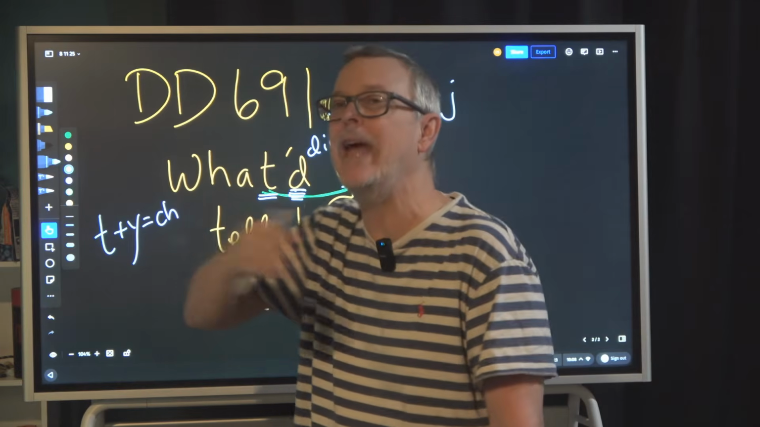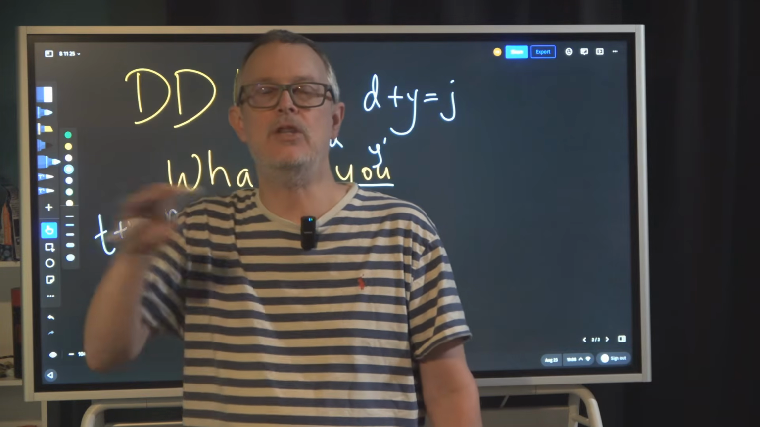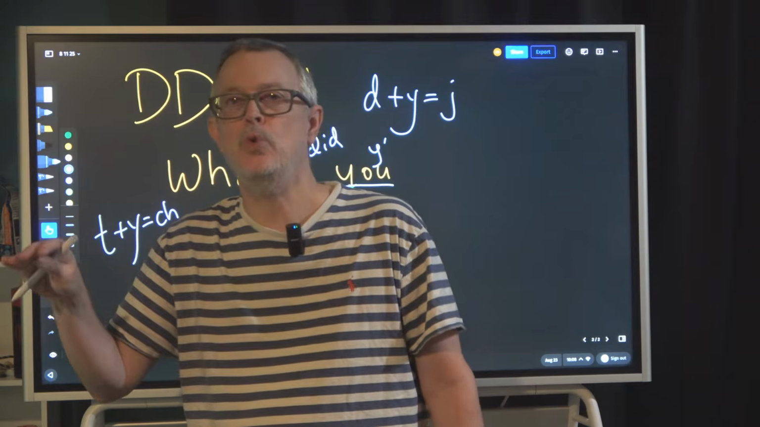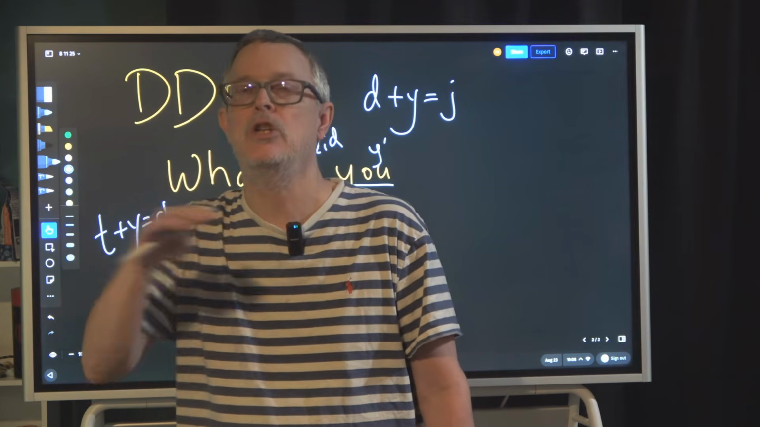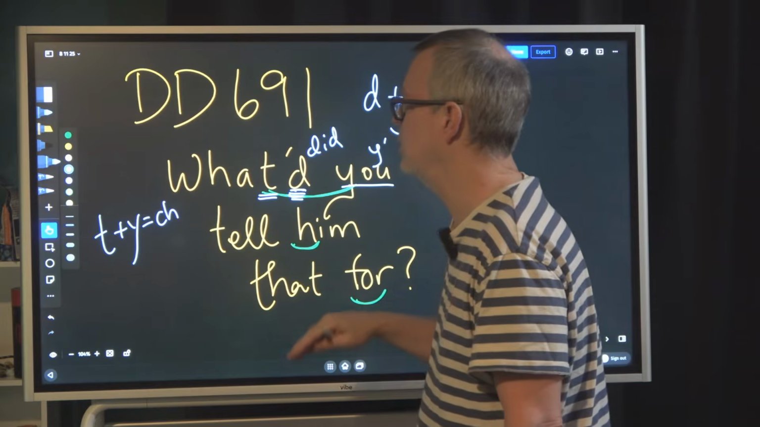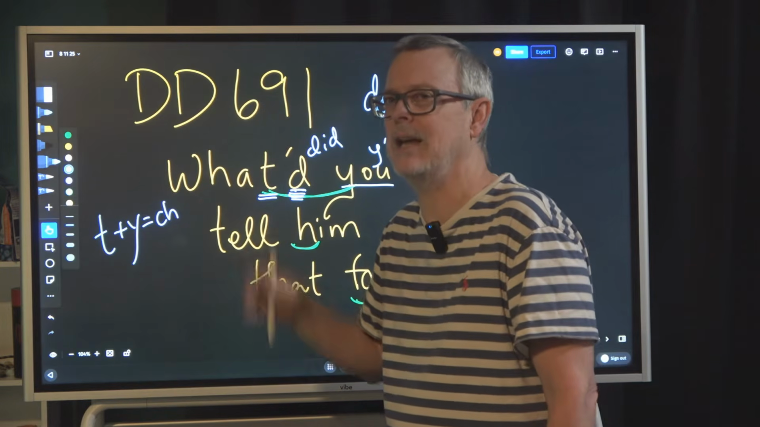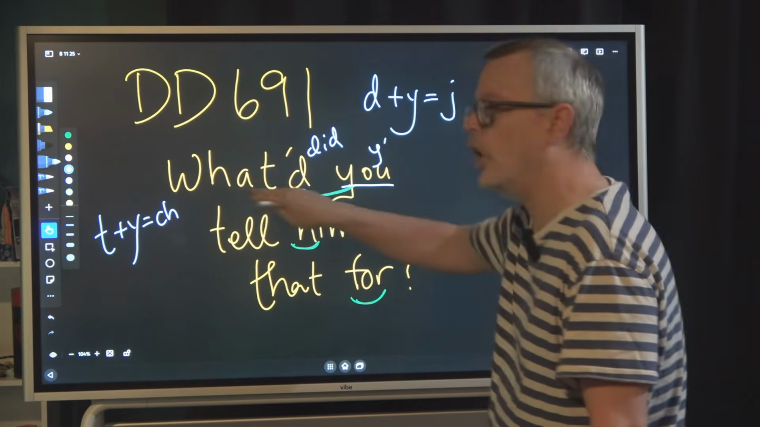When did you, when'd you, when'ja. How did you, how'd you, how'ja. Where did you, where'd you, where'd ya. Very common in daily English. Who'd you, when'd you, where'd you, why'd you, how'd you, should'd you. Now, what'd you tell